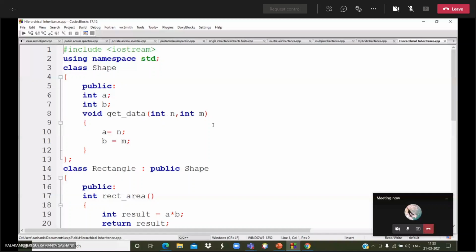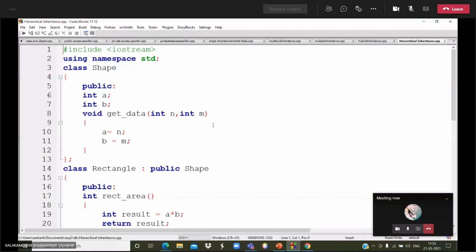Then I am closing that class. Here shape is the parent class, and rectangle and triangle are the child classes. See, one base class and one or more child classes. It's hierarchical inheritance.